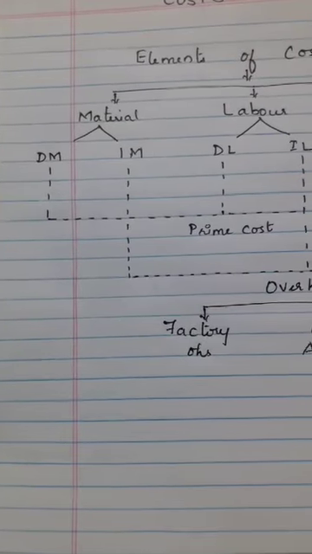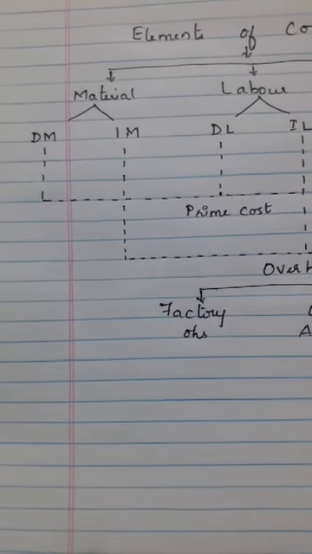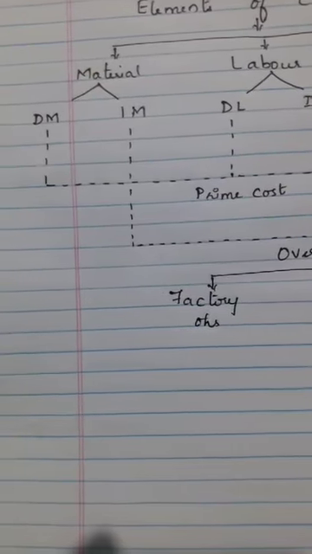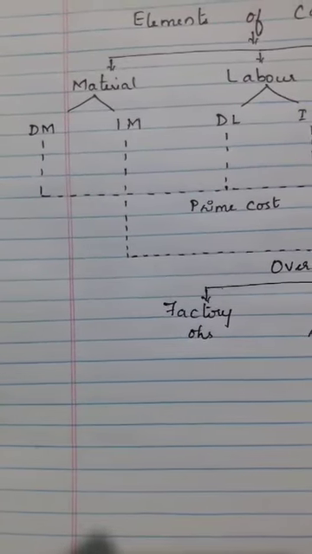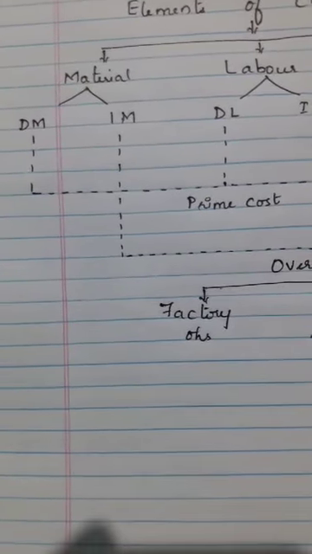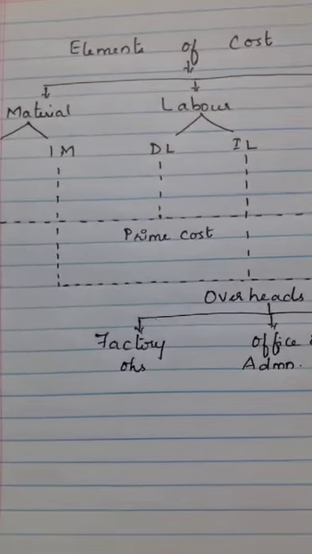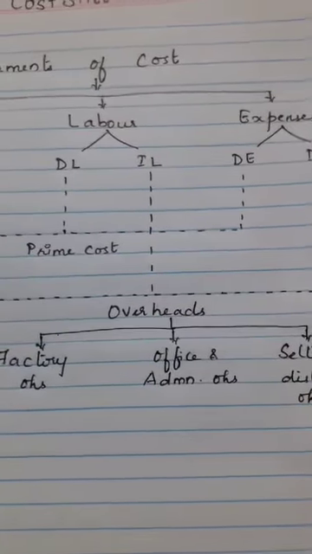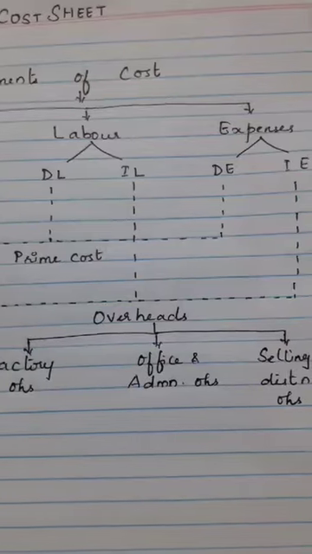Fine. So direct material is the material which is directly involved in the process of production. We call it direct material. For example, raw materials and petrol, which is very essential for the running of that particular machinery. It is directly involved in the process of production. Direct labor is wages paid to the laborers who are involved in the process of production. Direct expenses, that is any expense which is paid to meet the production process, are called